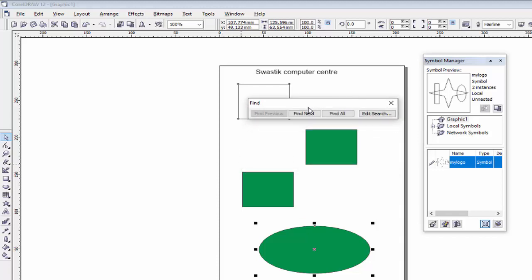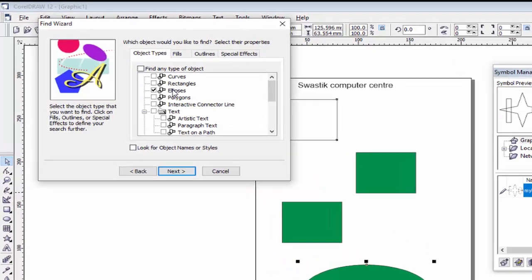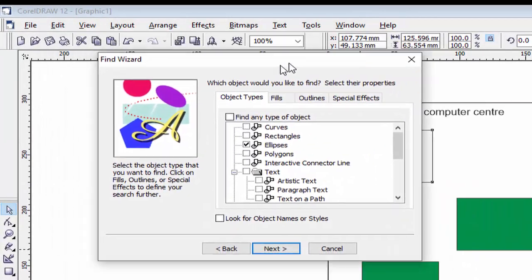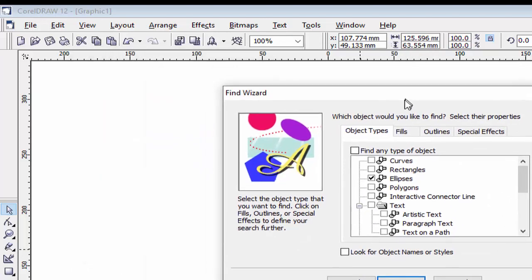And if you have created too many ellipses in the file, you can find with this option, find next, find next, find next. And if you want to find all the ellipses created, click on find all. And if you want to edit the search, means you want to search another object, click on edit search, then you will see the find wizard opened on your screen.